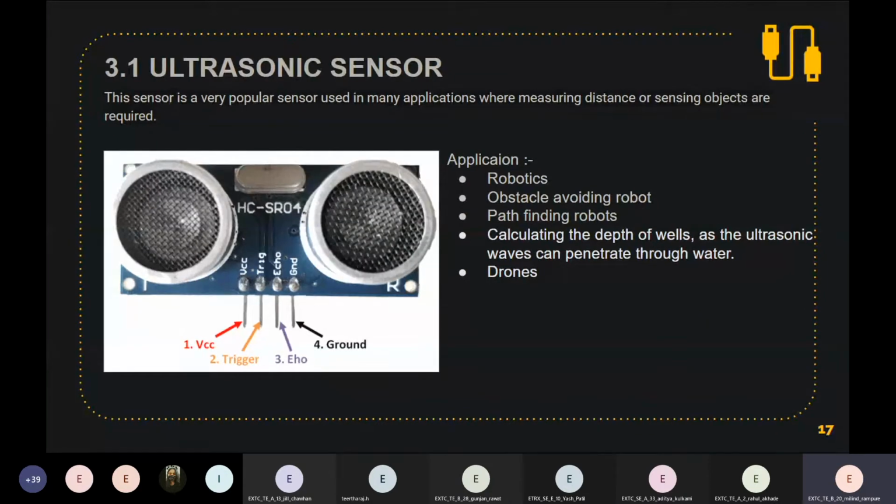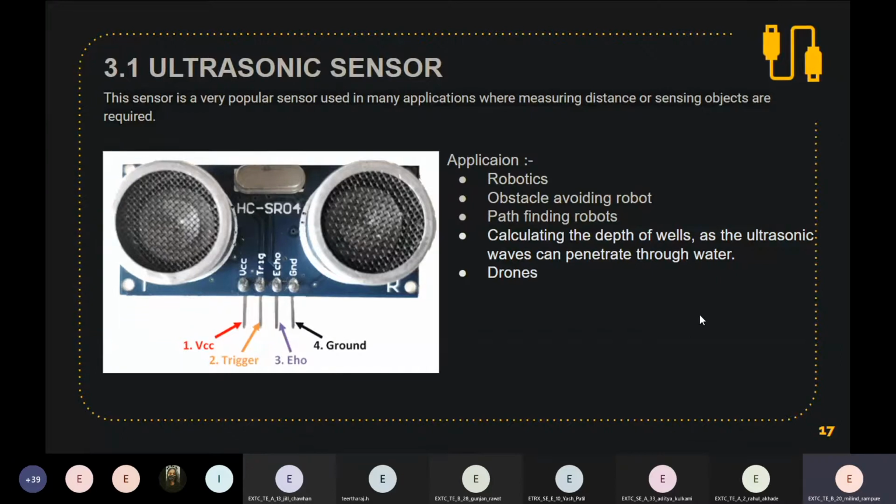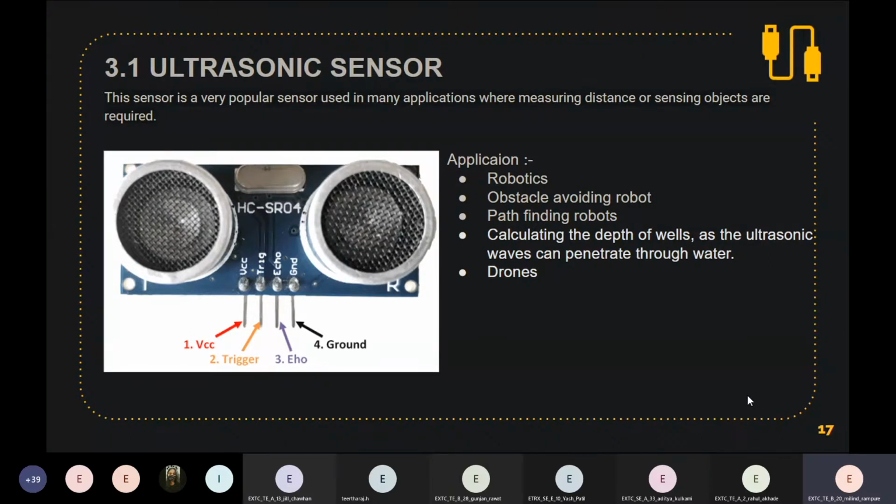Ultrasonic waves are those waves whose frequency is beyond the normal hearing limit. The frequency of it is more than 20,000 hertz, that is 20 kilohertz.